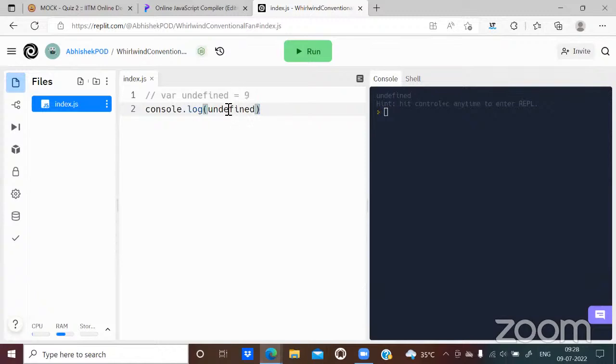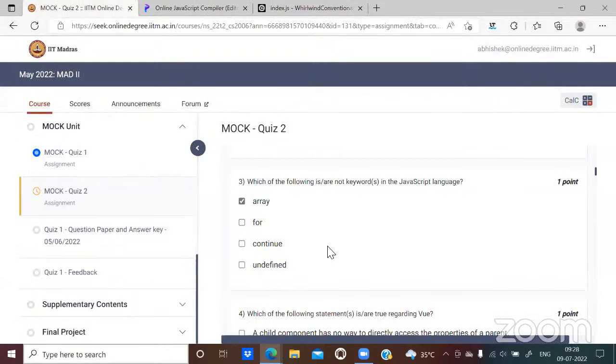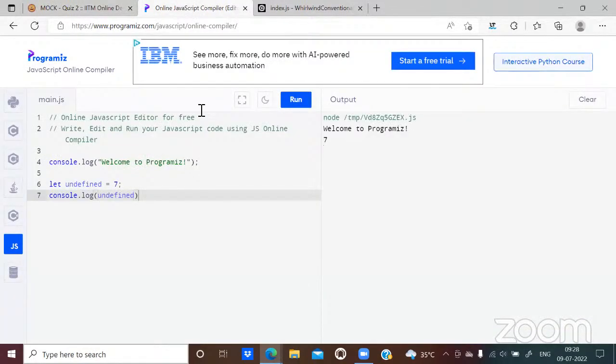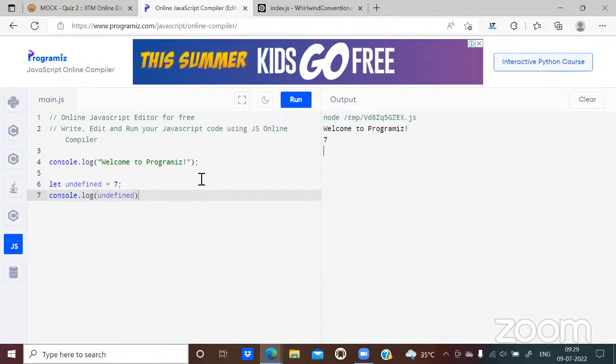So ideally, what should happen here is that even if we try to assign some value to this undefined identifier, and if we try to log this value somewhere, it should not give the value that is assigned. It should give what it actually is, that is undefined itself, which is what we are getting right now. So maybe I'll check what the reason behind this is, and then we can discuss. This basically proves that undefined is not a keyword in JavaScript, since we are able to use it as an identifier. And if we try to use a keyword as an identifier, it straight away gives us an error.